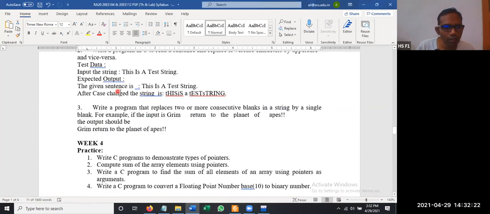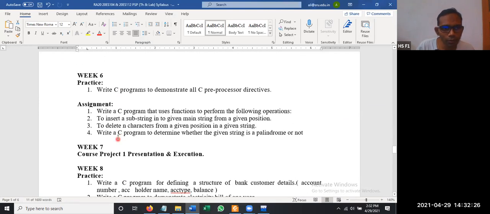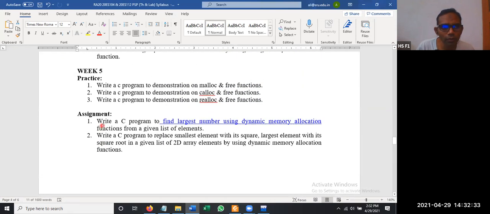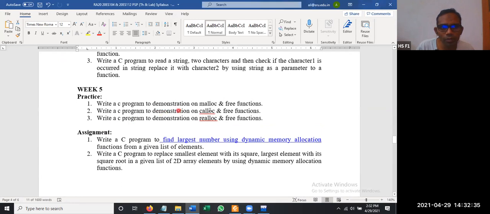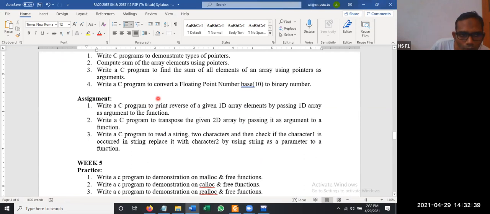Week 5. We are left over with n characters. Week 5, yeah. Demonstrate calloc malloc. Week 4. Write a C program to print the transpose of a given array function. Write a C program to read a string, 2 characters, and then check if character 1 occurred in the string.